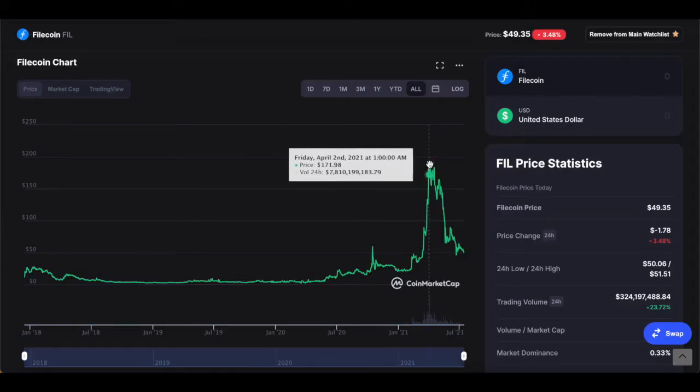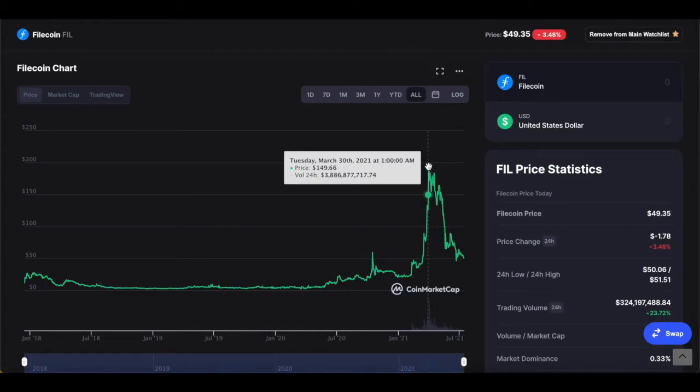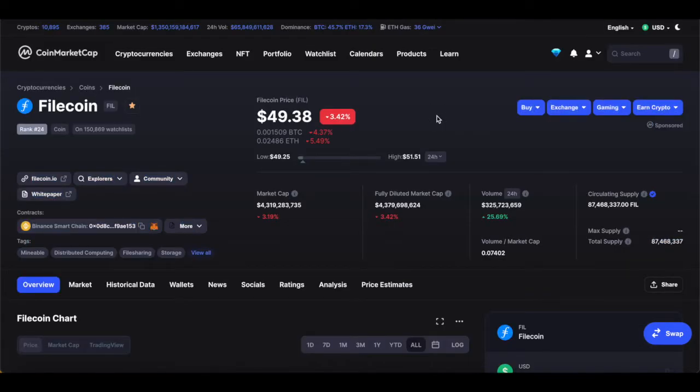We saw the same thing with Filecoin, but ultimately I believe this is a good thing because Filecoin hit almost $200. So naturally you've got to ask yourself, is this cryptocurrency going to hit $500 in the next 2 to 3 years? This cryptocurrency is kind of like a mineable cryptocurrency. You can actually earn it as a reward simply by being a part of the network. By being a part of the network, you allow your machine to take up space by other people sending